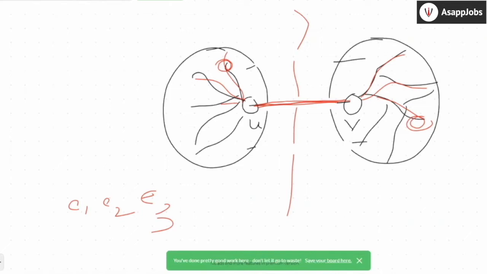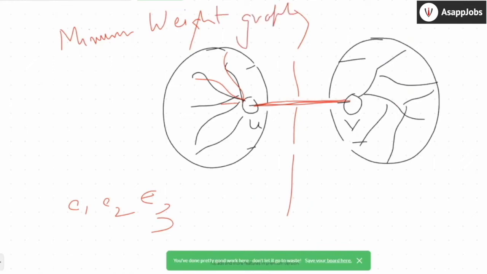Okay, let's think about this in this way. Let's say your question was to find the minimum weight graph such that all nodes are connected.